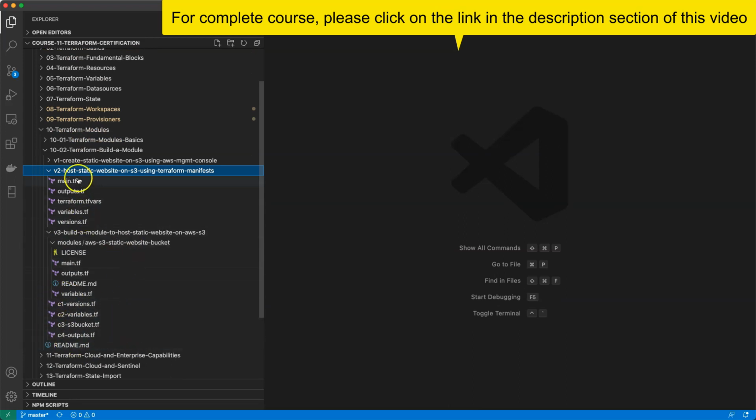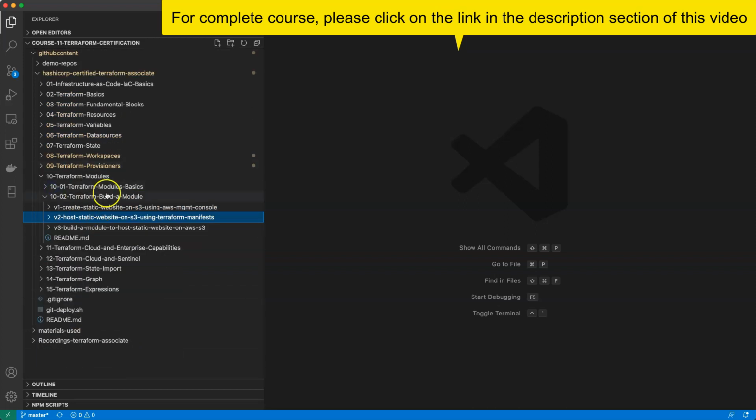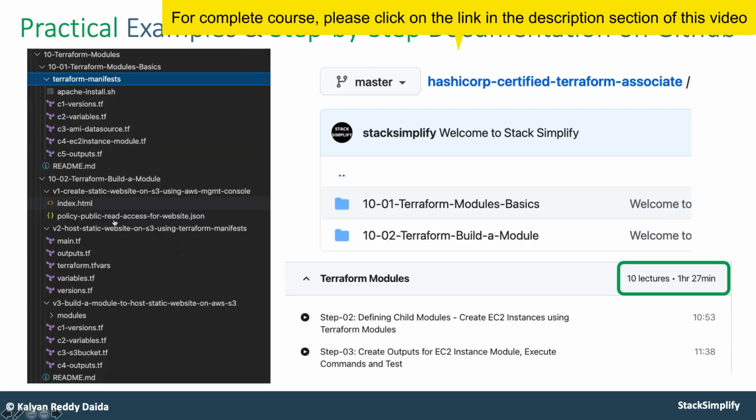So you will convert the root module you created for the S3 static website into a child module, or a reusable module, and then call it from any of the root modules and test it. All those things you are going to do as part of this section.